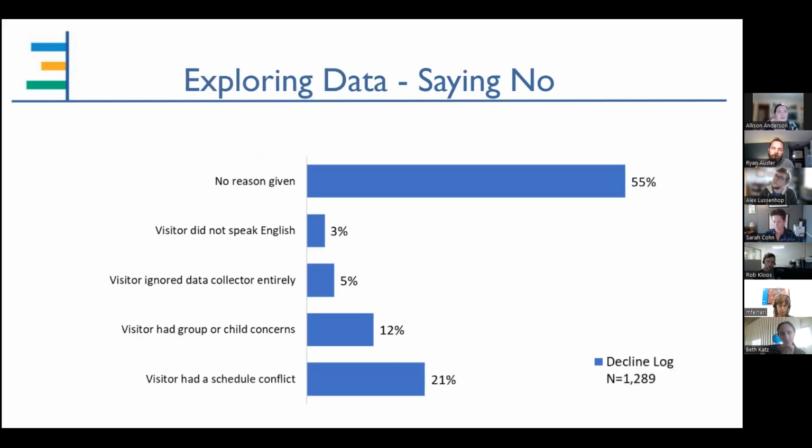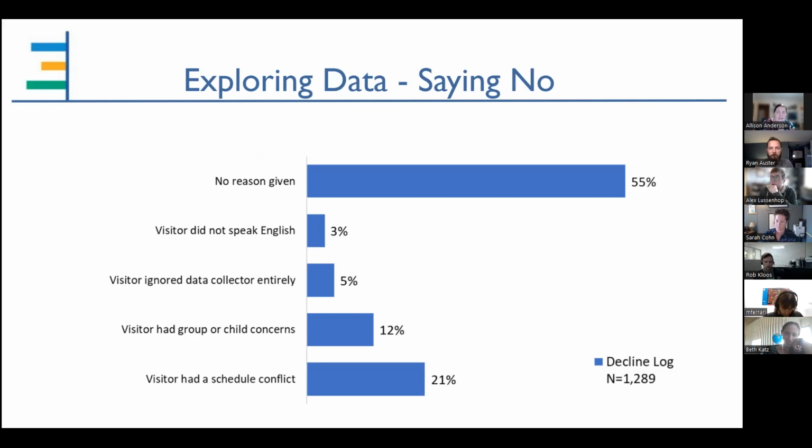And we see at the Museum of Science, most people just say no. They just politely decline. Half of our visitors are just, nope, no thank you, I don't want to. We have a small percentage who do not speak English and have indicated that to the data collector. We have a small 5% that just ignore the data collector as they walk by, 12% with child concerns,